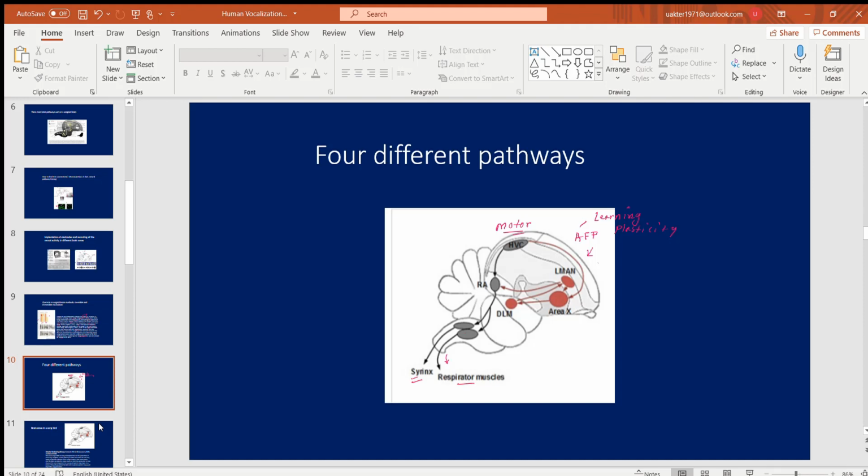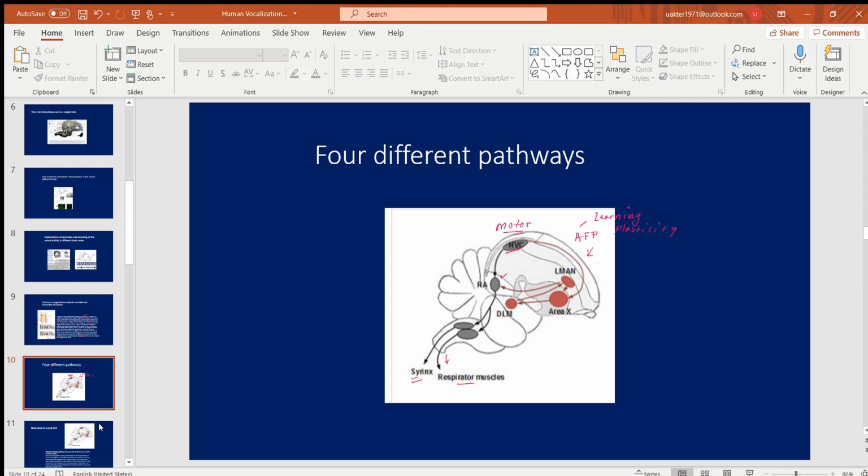So if you see the motor pathway, you see here that the higher vocal center, HVC, projects into RA, and RA is the abbreviation of the structure that is called the robust nucleus of the arcopallium. Robust nucleus of the arcopallium. Okay,